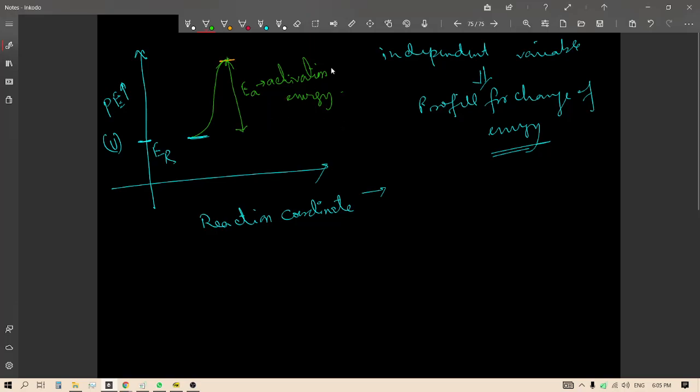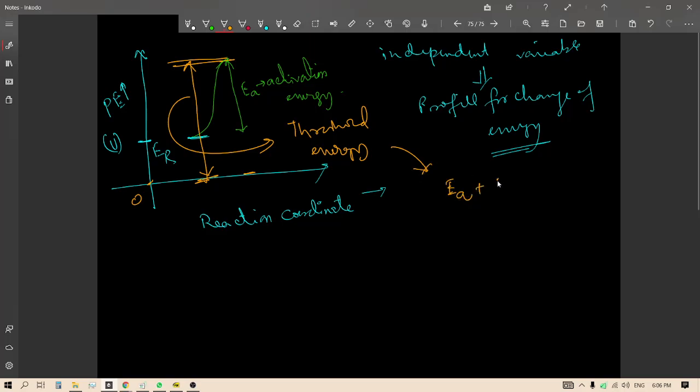Now if I consider this value of the activation energy from the ground scale, where my potential energy is zero, so if I assume my entire system to be at zero potential and I have to take it to the value where the reactants form the activated complex, I should start measuring the energy from the baseline. So this is called the threshold energy, which is the summation of the activation energy plus the potential energy of the reactants as per this figure. So far so good.